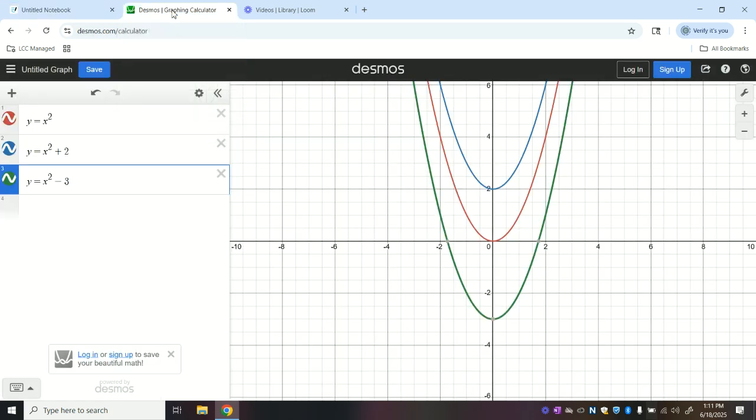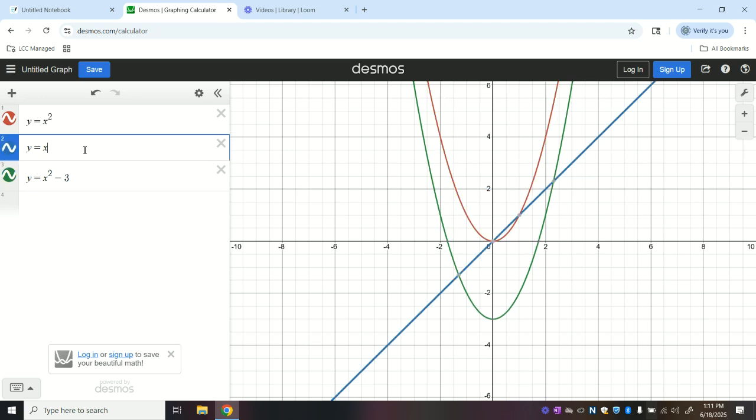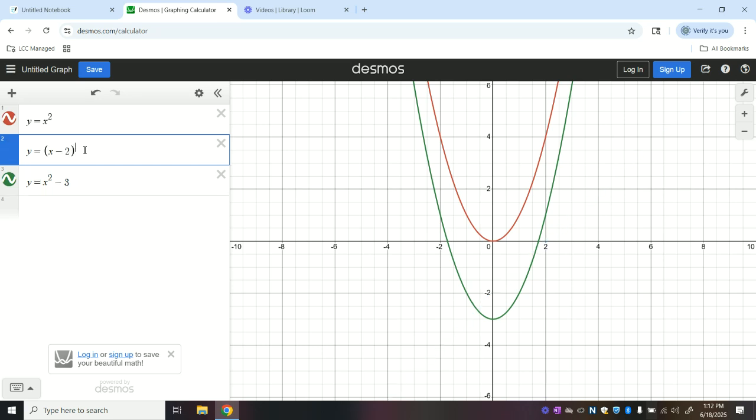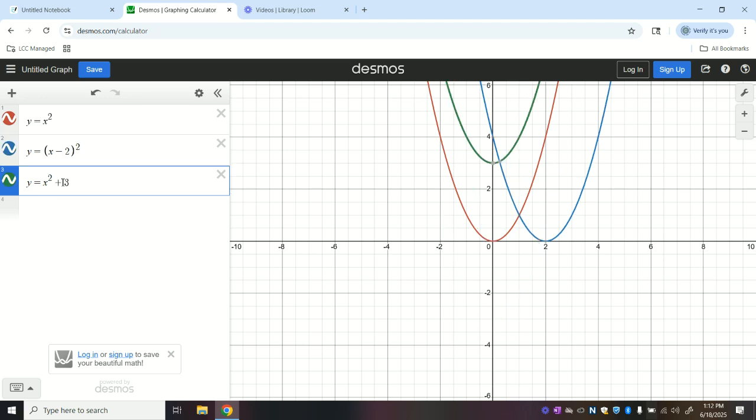So if we go back to Desmos, so instead of doing x squared plus 2, let's put parentheses in front of the x. We'll go x minus 2 squared. And as you can see, from the red graph to the blue graph, it shifted to the right 2 units. And then say I did it with a plus 3 instead,